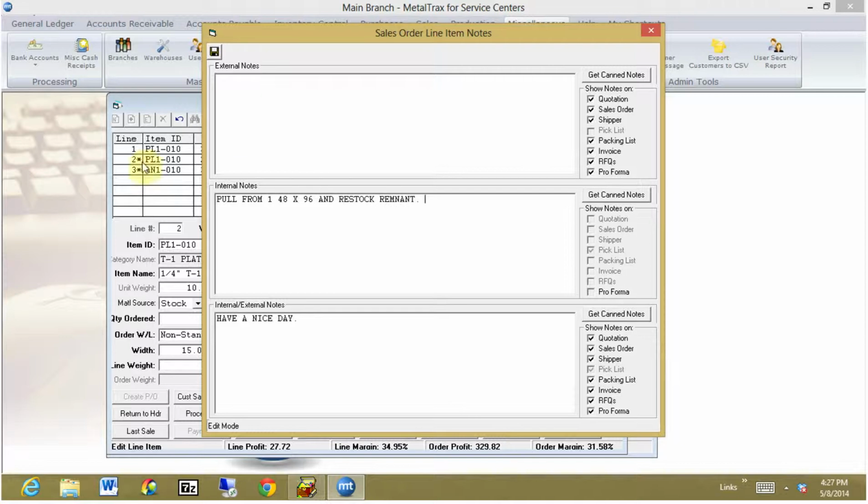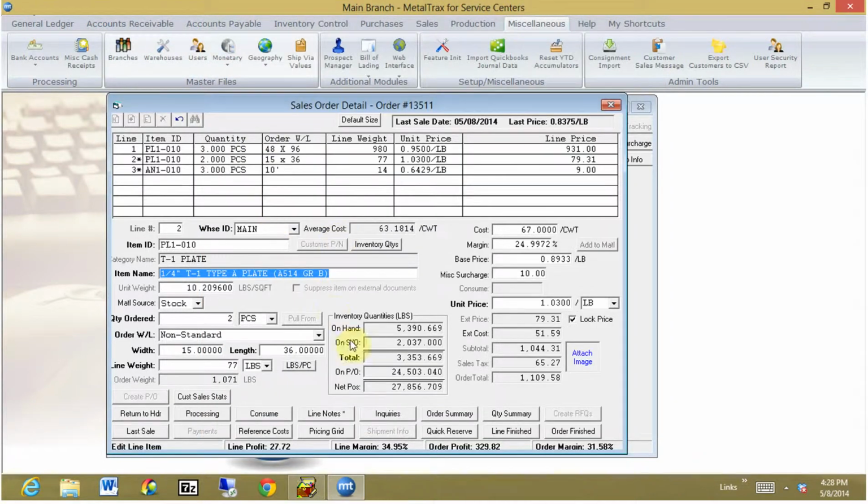Now you're going to see when it prints out, the system will automatically tell them the tag that was chosen for reservation, so that already happens without you having to do an internal note. But this is just to show you if you wanted to do an additional note to your guys in the warehouse. When they're done, you can click on line finished, and you now notice at the bottom of the screen